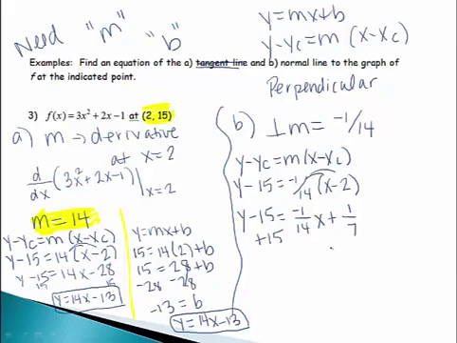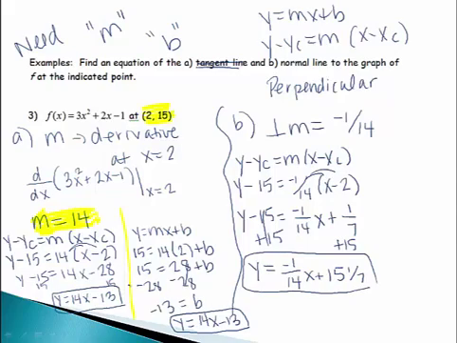Add 15 to both sides. Here's the tangent line, and this would be the one we called a normal line, which is actually perpendicular to the tangent line. Okay, in case you didn't like that method,